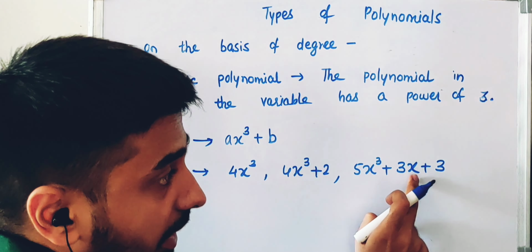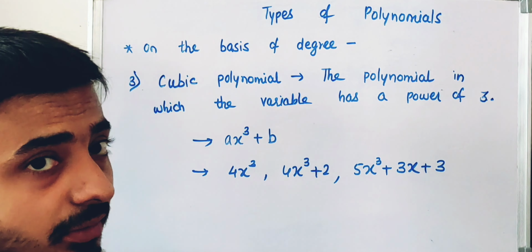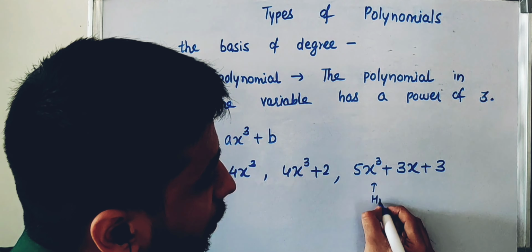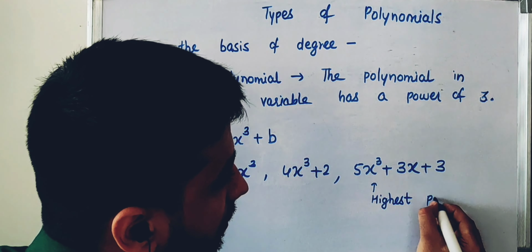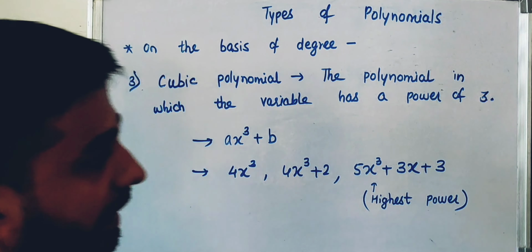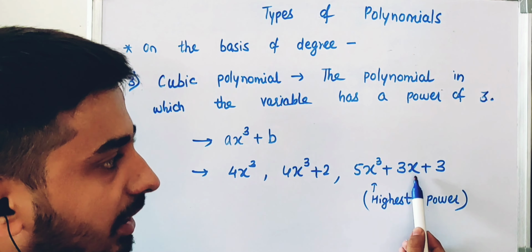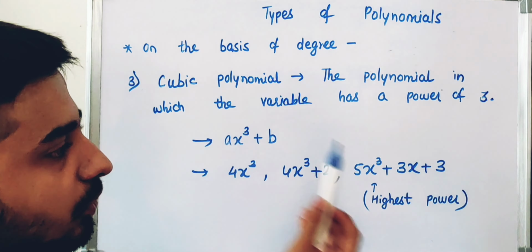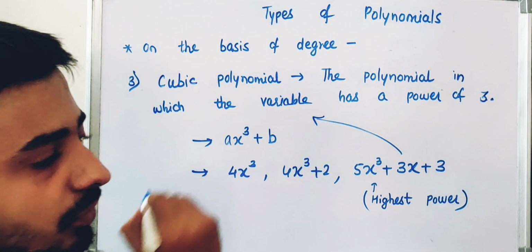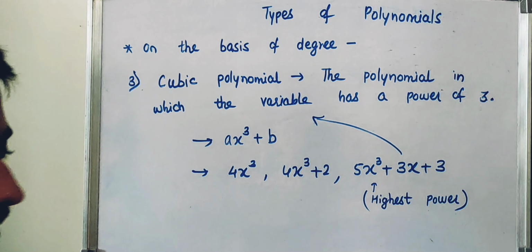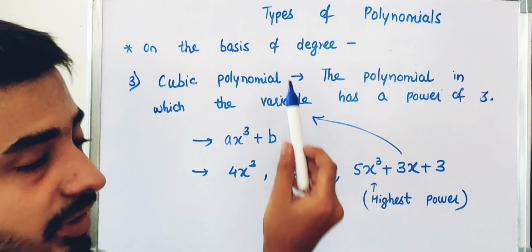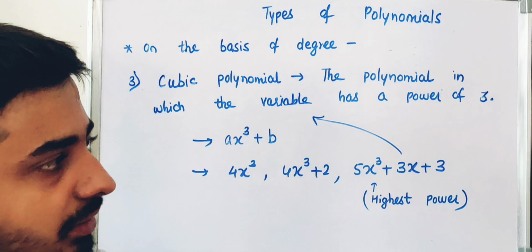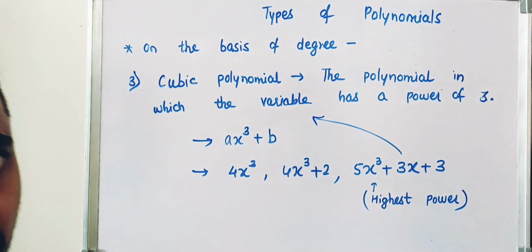This is an example of a cubic polynomial. But you are going to say, sir, here x has a power of 1 and here x has a power of 3, so why are we saying cubic? We are going to see the highest power in that polynomial, which will define that polynomial. On comparing x cube and x, which x has the highest power? This x has the highest power, and what is the power? 3. So this polynomial comes under cubic polynomial. Clear? So on the basis of degree, how many polynomials are there? First linear, then quadratic, and the third one is cubic. Clear to each and everyone? Thumbs up? Okay.